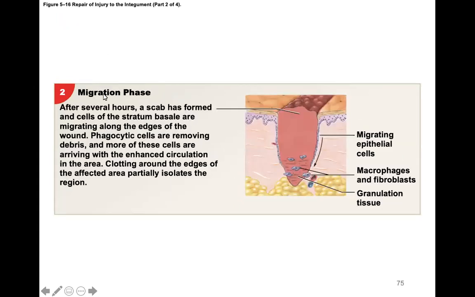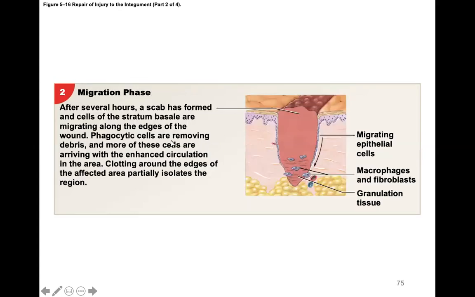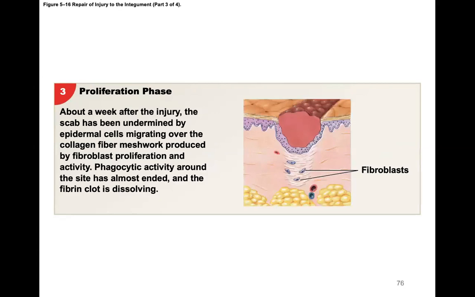Then we have the migration stage or phase. This is after several hours, when the scab will form. Cells of the stratum basale are migrating along the edges of the wound. Phagocytic cells are now actively working to remove any of the damaged tissue there. The proliferation phase is about a week after injury. The scab has been